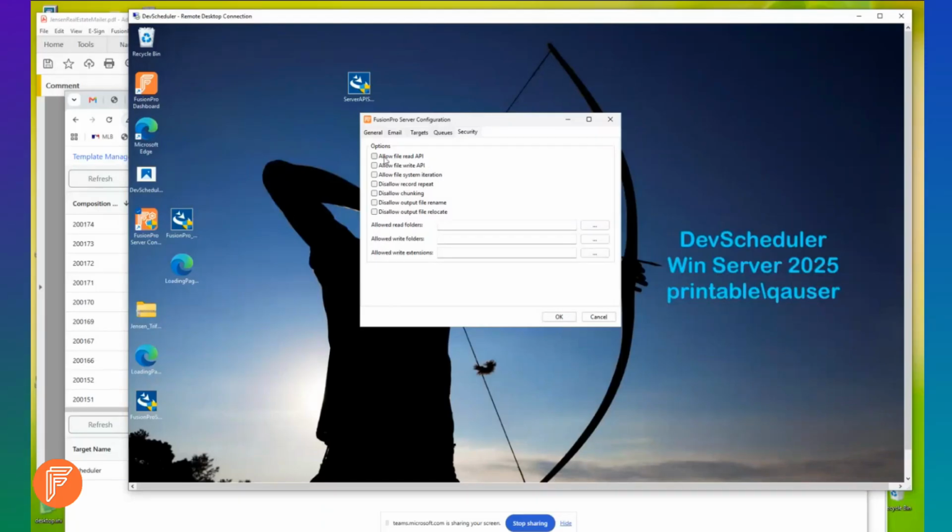They can't run the read API or the write API or iterate over files. You have to expressly give permission to it, so you have to check these boxes. Now, if I check the box that says allow the write API or the read API, that will let it